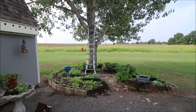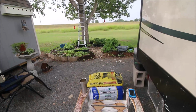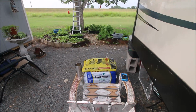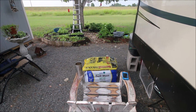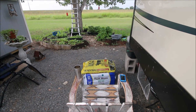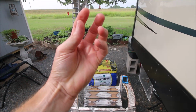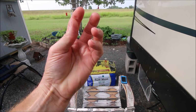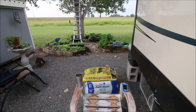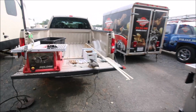But I was sitting here yesterday afternoon in my chair watching plants grow, and the thought came back in my head, I need to build that bee box. And as if on cue, this big bee comes right in my face and just sits there looking at me. I was like, okay, I'll go. So I went to Lowe's, and my first